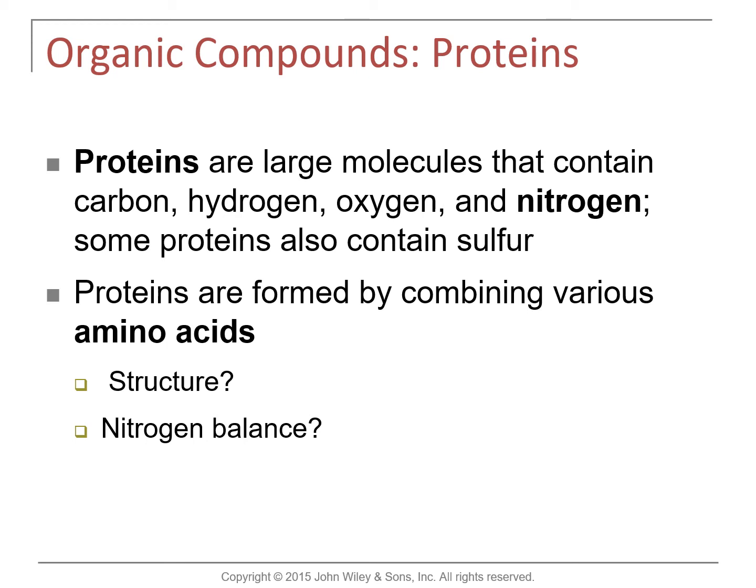Amino acids are arranged in a head to tail orientation within a protein and are linked together by peptide covalent bonds. So when you hear the word peptide, think protein, especially short chain proteins with a few amino acids. We'll look at the structure on the next slide. Now, because proteins are the body's main source of nitrogen,